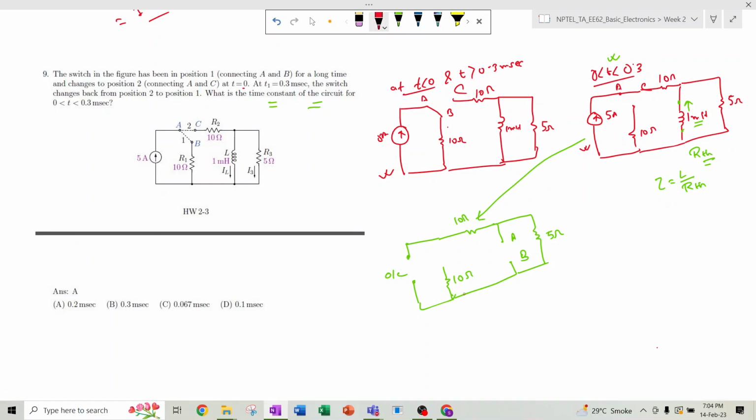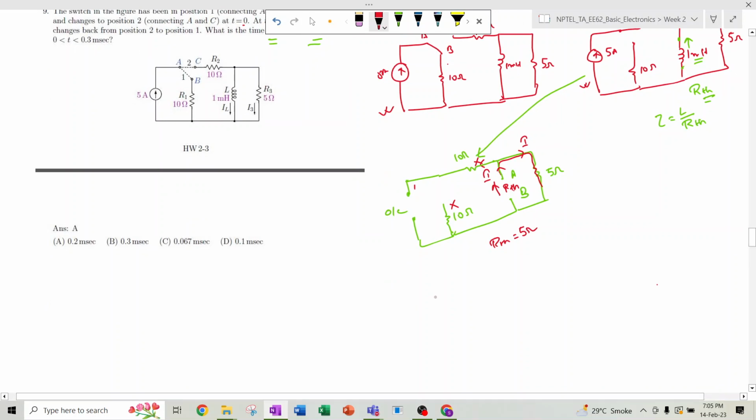So now what is happening? We need to find the Thevenin equivalent resistance from this side. Whatever current flows from this side, the entire current will flow from this side. Why? Because this side is open, so no current will flow from this side. Similarly, this is the open resistance, so no current will flow from this side. So the entire current I will flow from this side. So if we need to determine the RTH value, the RTH value is this 5 ohm in this path. So RTH is nothing but 5 ohm.